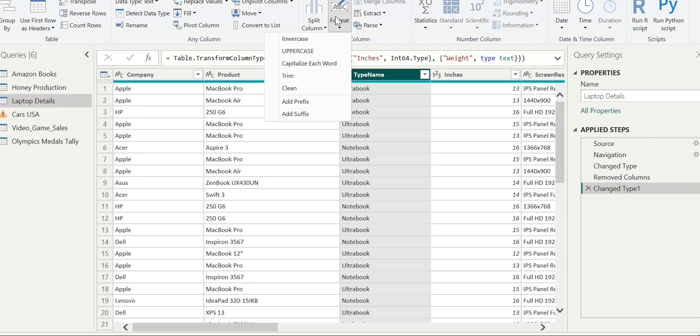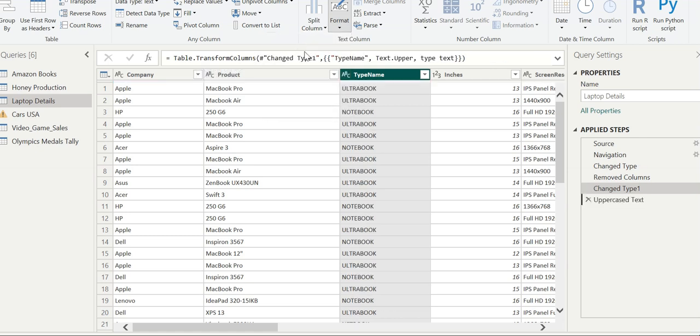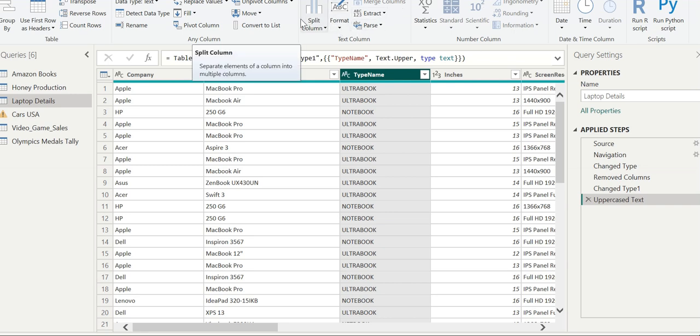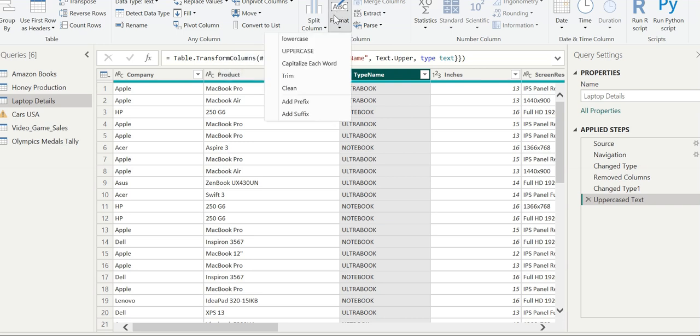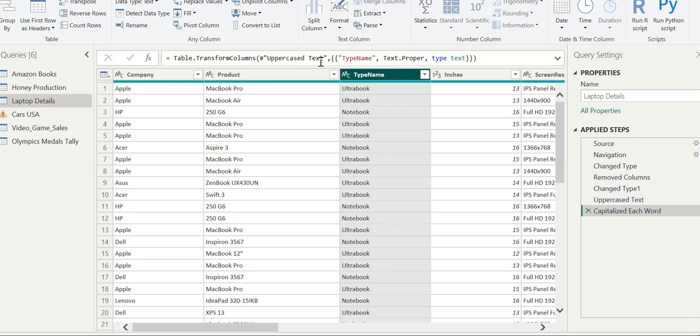Now you will go to the format and change all rows to uppercase for that particular column. Now you will see all the information in that column has been changed to uppercase. After that, we can again go to the transform menu and go to the format, and then we will choose capitalize each word. Now you will see the transformation.